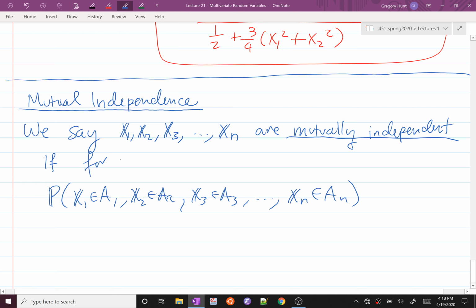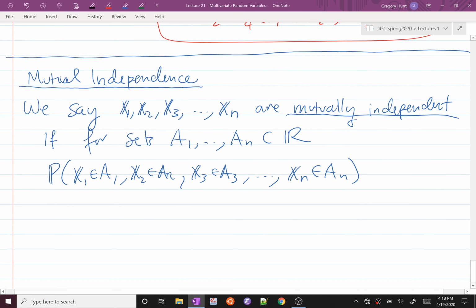So let's say we're going to have some sets A1 to An. They're sets of real numbers. The probability that x1 is in A1, x2 is in A2, x3 is in A3, etc., and I should add in a qualifier here, for any subsets of the real line, if we can factor this as the probability that x1 is in A1 times the probability that x2 is in A2, etc., times the probability xn is in An,